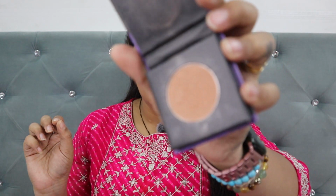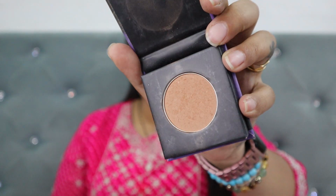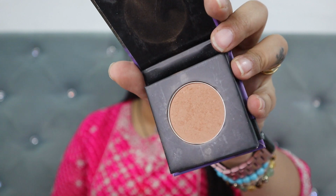I am going to start with the bronzer first, for which I'm using the Contour de Force mini bronzer in the shade 02 Woody Wonder. It's that perfect sun-kissed bronzer shade. If you can see, it gives a very nice sun-kissed look and a very nice brown color. For this, I'm using the Miniso finishing powder brush. I know it's a powder brush, so ideally it's supposed to be for blushes and everything, but I'm using